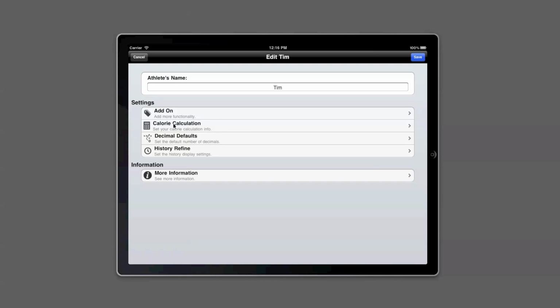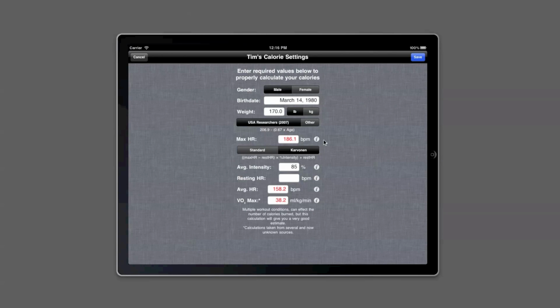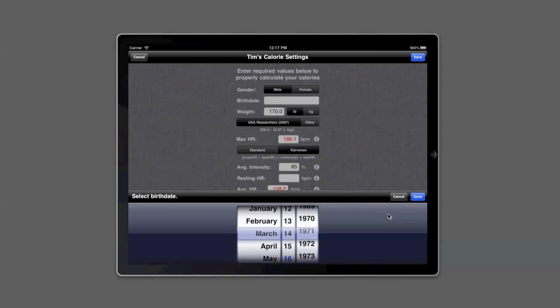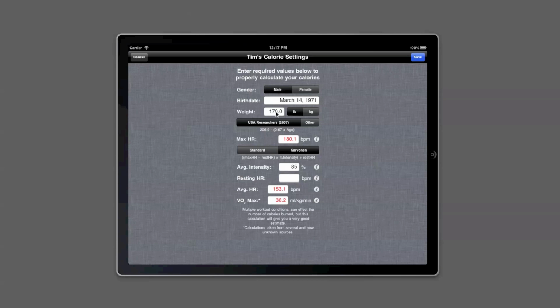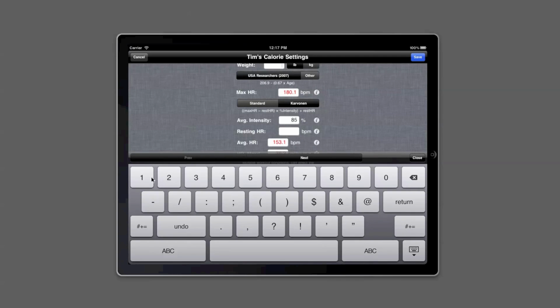Calorie calculation for each user, it has a calorie calculation based on that user. So if I go into there, you can see that each user has its own details for the calorie calculation. Each one of these is required. So for this user, you can set the gender, the birth date, whatever it is, the weight of the athlete,